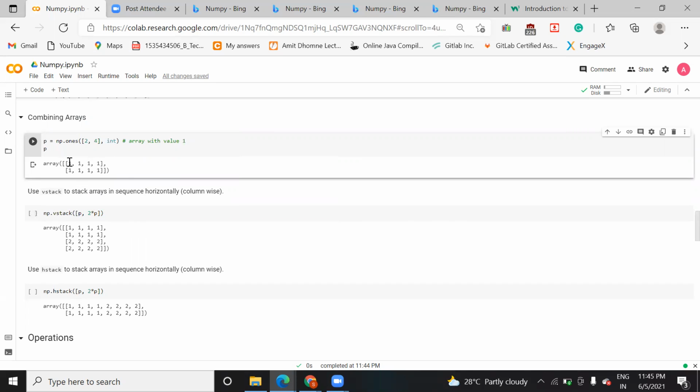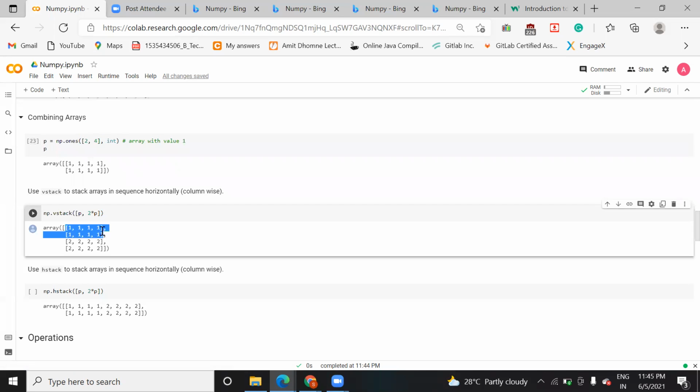You can see 2 rows with ones. Now if you use 2 * p, it will print p as it is like this, and then 2 * p it will print like this. Let me take it as 3 so you will understand. Just see the changes. See here, the p value is printed as it is, two rows, and this one multiplies the value by 3 and prints it.